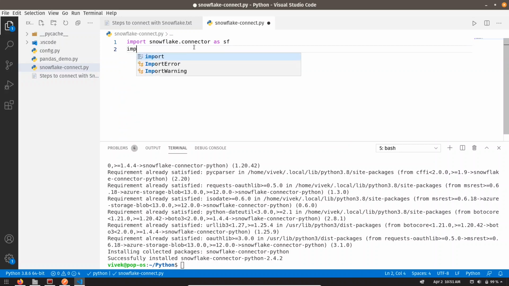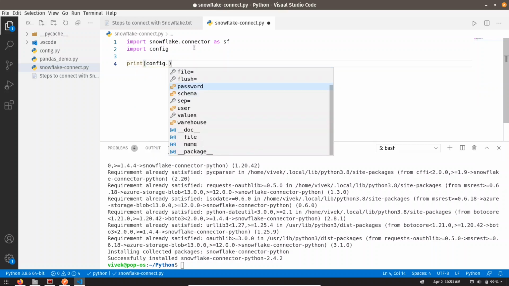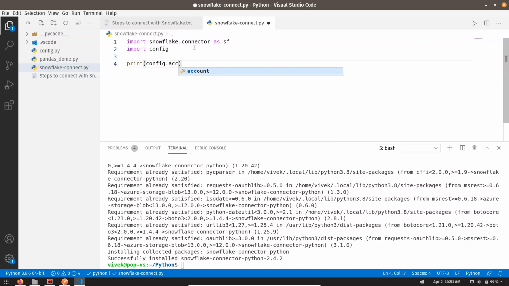Let me import the config file as well. Let me show you what we have in the config file. You can see we have password, schema, user and warehouse. And I have account and database as well. Let me print the account.